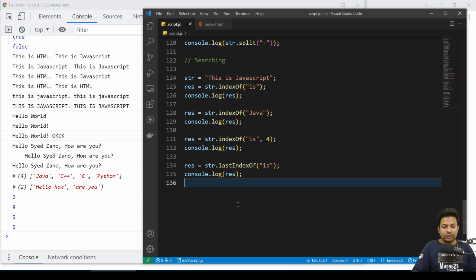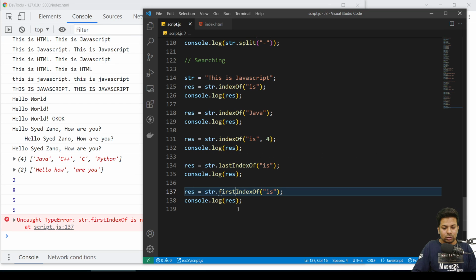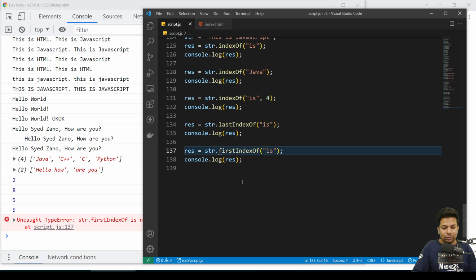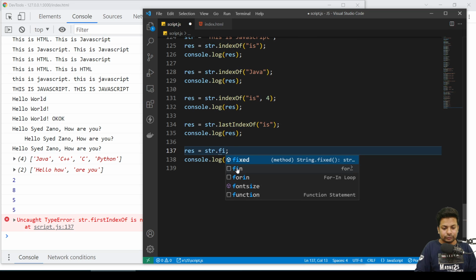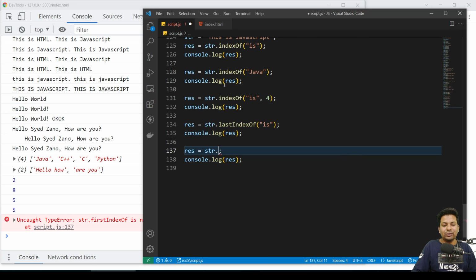If you say firstIndexOf, there is an error. I think there is nothing called firstIndexOf. Let me just check. Okay, there is nothing. By default, when you search indexOf, it will be the first one only. So from the backwards you can do lastIndexOf.